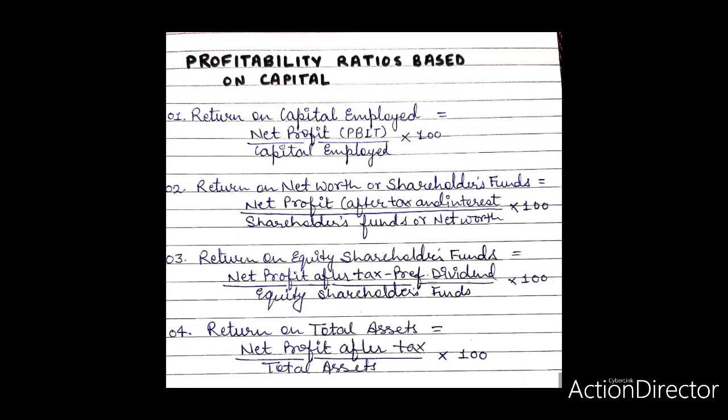Net worth or shareholders' funds include preference share capital as well as equity shareholders' funds, which in turn comprise equity share capital, share premium and reserves, and surpluses after adjusting the accumulated losses and fictitious assets. The net profit is after deducting interest and tax but before deducting dividend on preference shares. It is the final income that is available for distribution as dividends to shareholders.